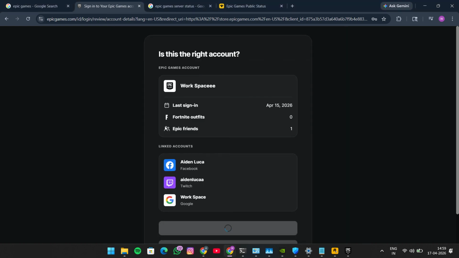Once you've tried these steps, you should be much closer to getting back into your Epic Games account without the